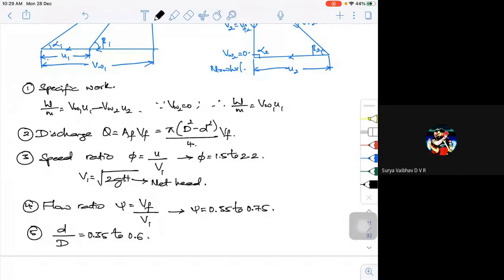So these are some of the numbers we need to look at. We have to take them when you are designing. Why these numbers? These numbers are required for us to calculate, say for example, the velocity of the flow or your peripheral velocity. If I know the V1, I can calculate it based on your net head. Then if I want to calculate the boss diameter or the tip diameter, I can use this particular data and the design values from the data handbook. So this is about your Kaplan turbine.